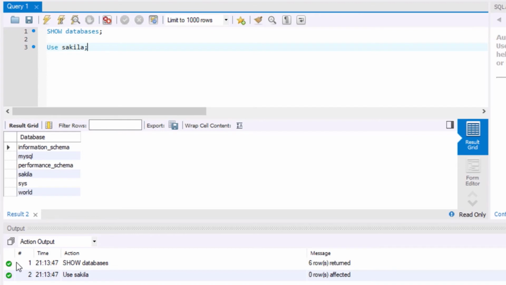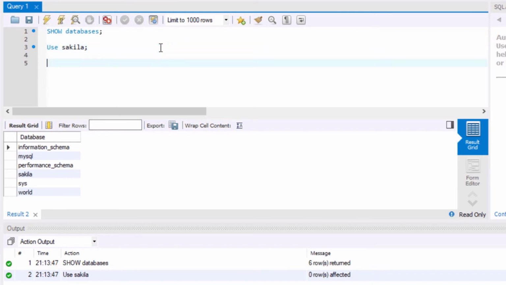So as you can see here, there are two green bubbles. The first green bubble corresponds to the successful execution of the query show databases, and the last green bubble corresponds to the successful execution of the query use Sakila. Okay, so as you can see, only the first query returns output and the second query does not return any output. That's why this window always shows the output of the last query. The last query which gave the output was show databases, so we can see only one output here.